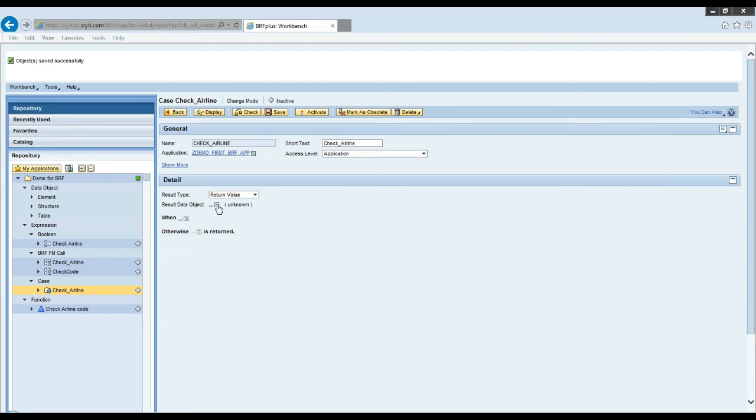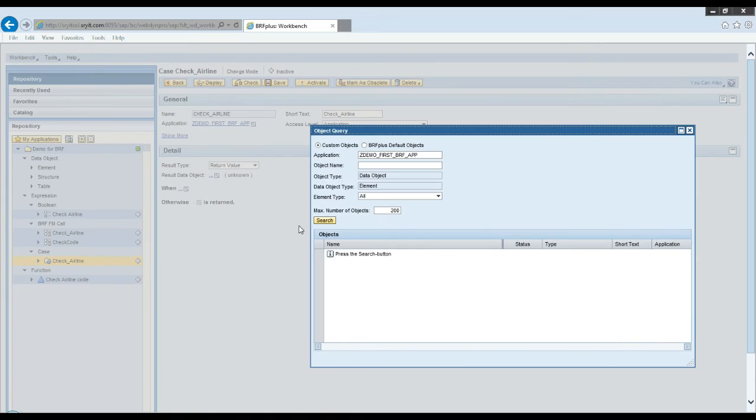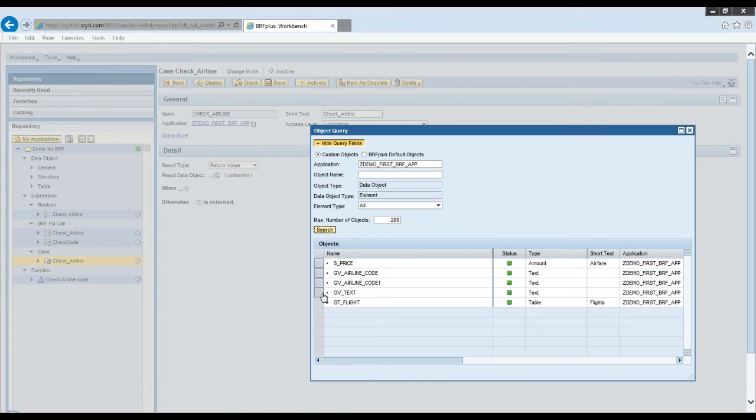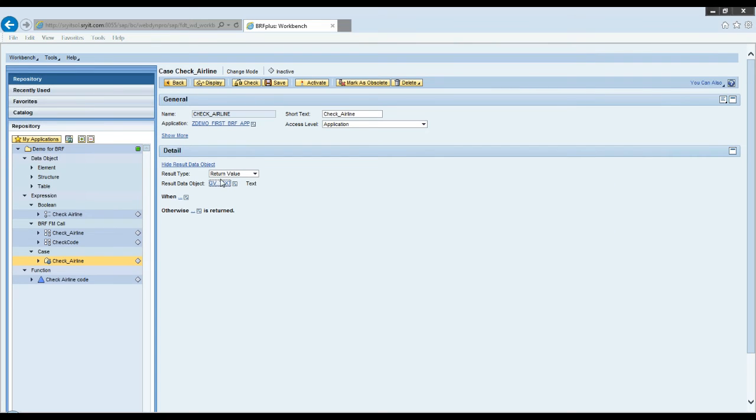So the result data object I can decide here. You can see the type, select result data object out of this case. I want to return an object of type GV text. And I want to check my airline code. You can see it is showing me the function related context.